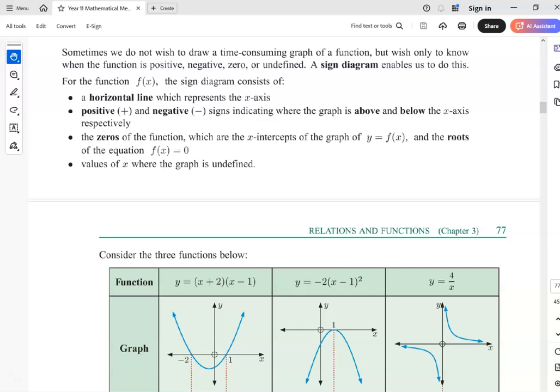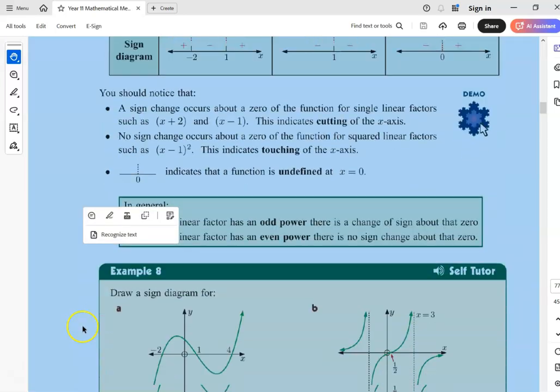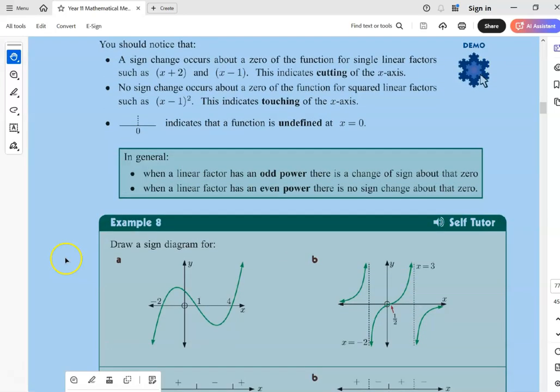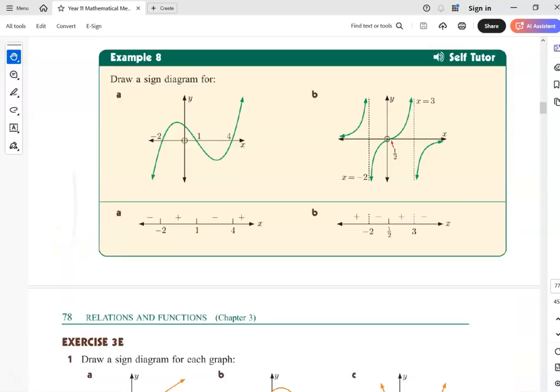A big application is on sketching graphs. It sort of takes it away a little bit when we've got our graphics calculators. We can just, boom, plot it in, but it's still a good skill because it helps us to do other things, all right? So,